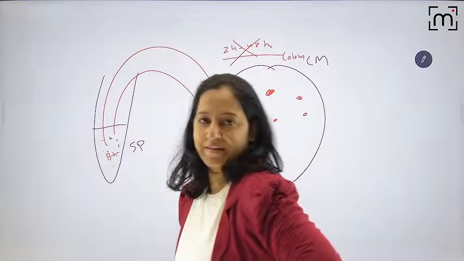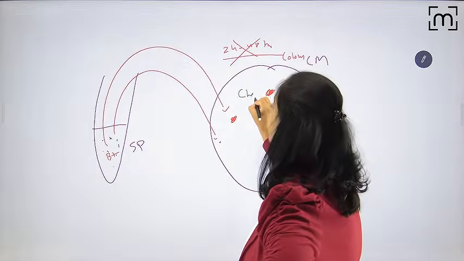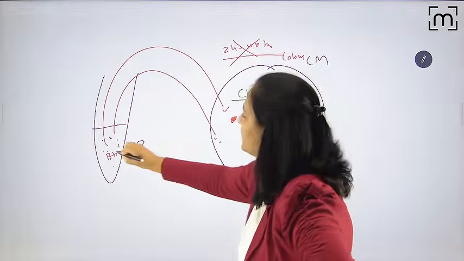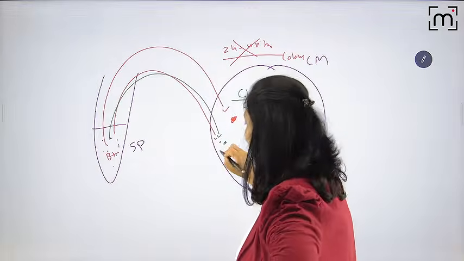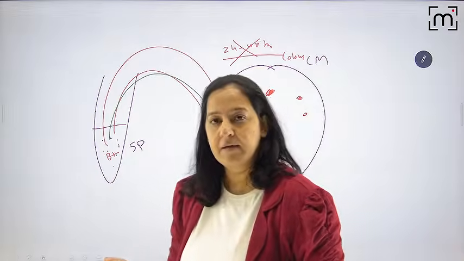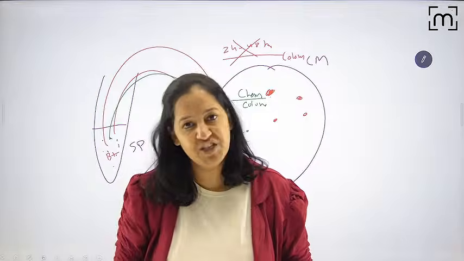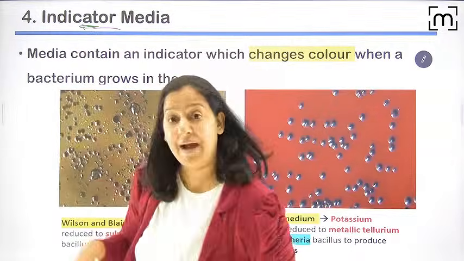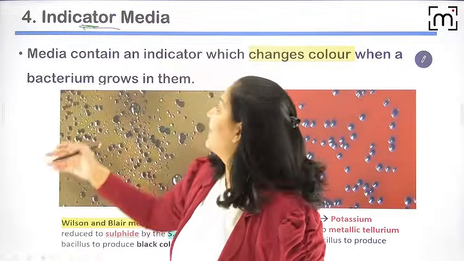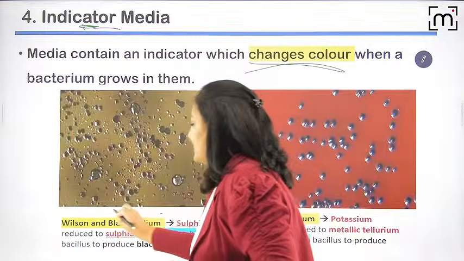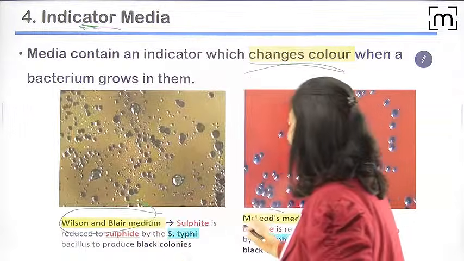So, say, ma'am, we can do one thing. We can add a chemical over here before you do the inoculation. That chemical will change the color. Once you do the inoculation, as soon as the bacteria divide from 1 to 2, it will change its color. So the moment bacteria divide, it will change the color, and that's why it is known as indicator media. It is indicating to us that the bacteria is dividing. Okay, that is the indicator. It will change the color. It contains a chemical.